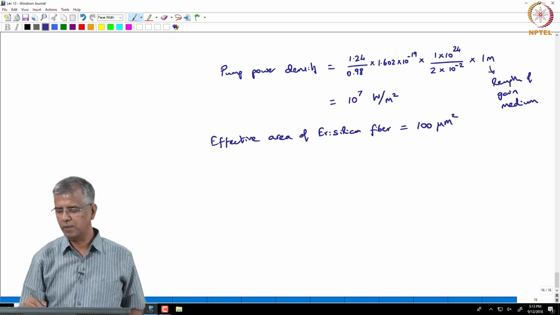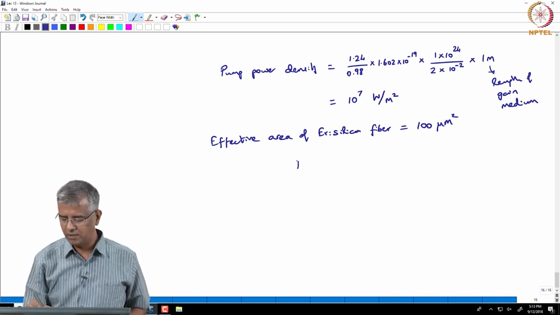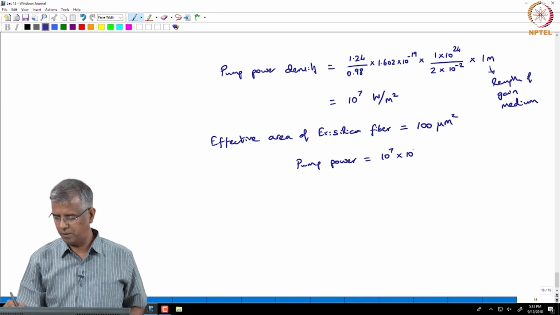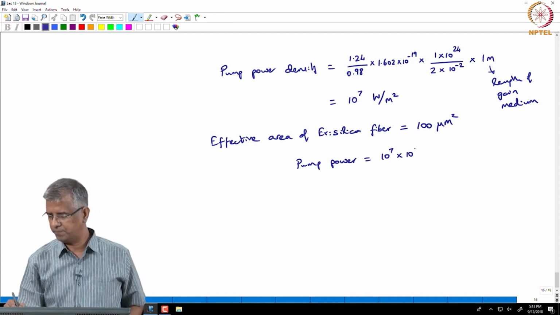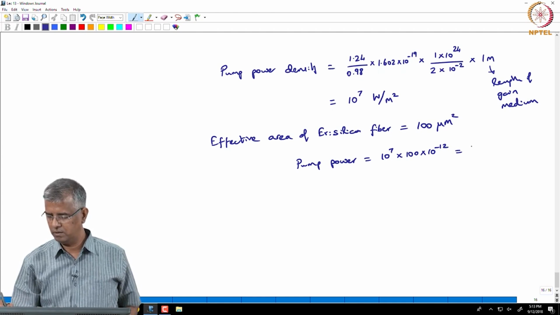So, if you multiply the power density with that area, you get a pump power which is 10 power 7 multiplied by 100 into 10 power minus 12, which works out to be 1 milliwatt,